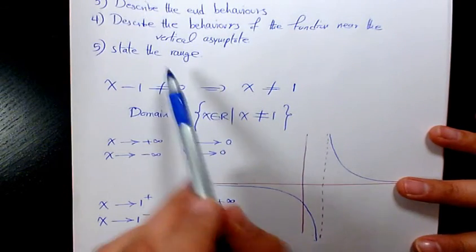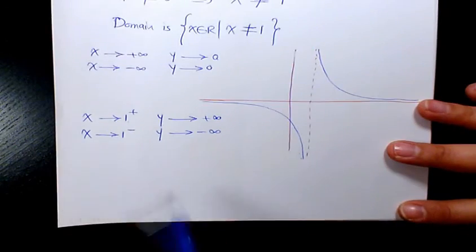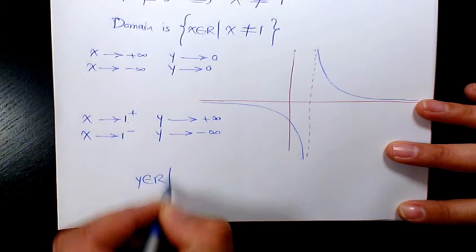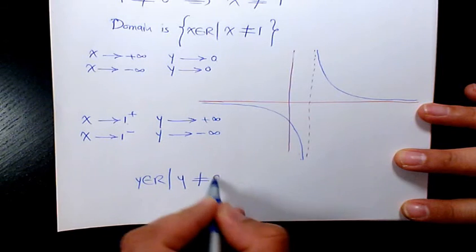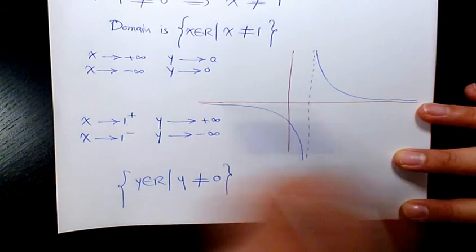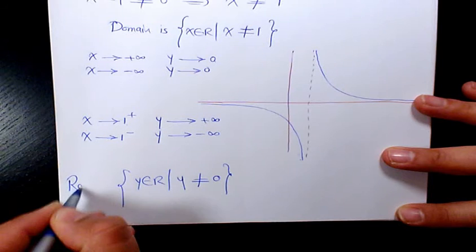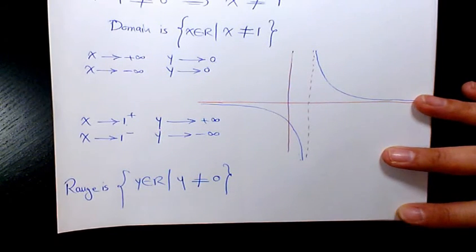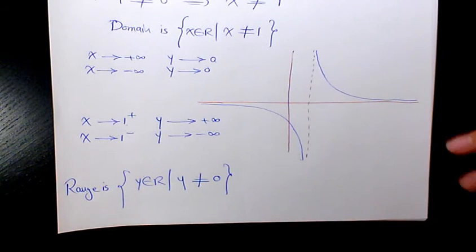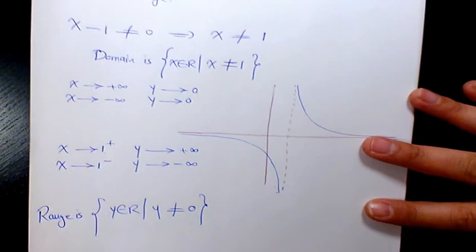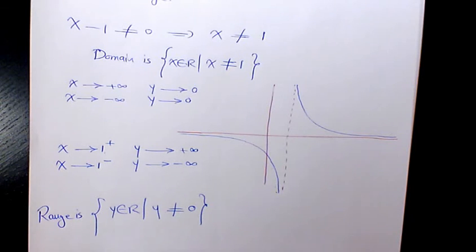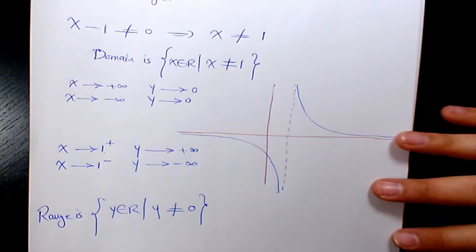Now how to state the range? We're going to say y in R, y cannot be 0 because we have the horizontal asymptote in here. So the range is y in R, and y cannot be equal to 0. So that's the range. So we had domain and range, we had end behavior, horizontal asymptote and vertical asymptote, and